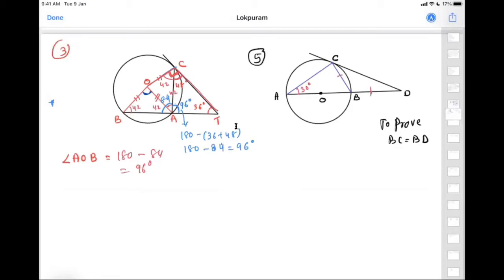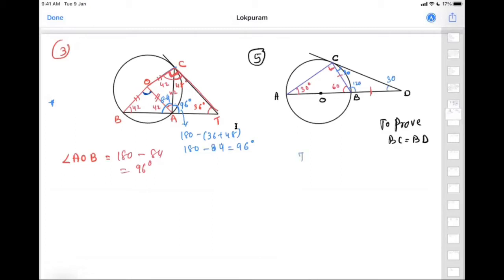तो पहले क्या करोगे इसको? You can write it down 90. If this is 90, तो this will become 60. समझा? Now by angle in an alternate segment, this will become 30. ये linear pair है, this will become 120. So again by angle sum property this will become 30.